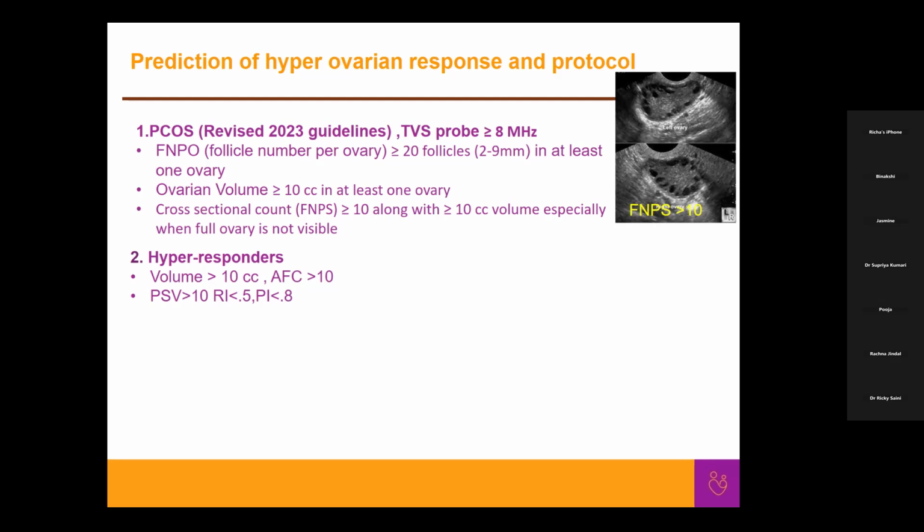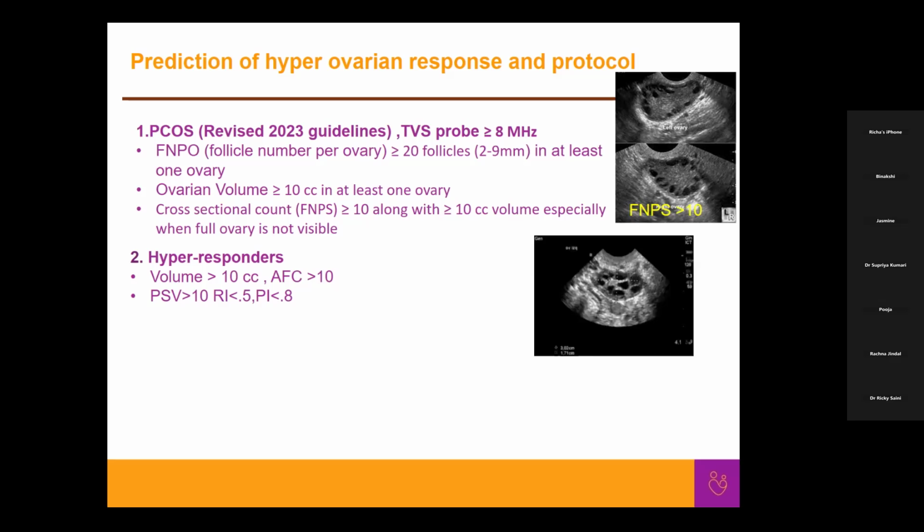Then, not every patient is PCOS, but a hyper responder. Hyper responder means when the ovarian volume is more than 10 and the AFC is more than 10, peak systolic velocity is also more than 10, RI is less than 0.5 and PI is less than 0.8. So both the patients, either this is a PCO or the hyper responder, like the second picture is basically of